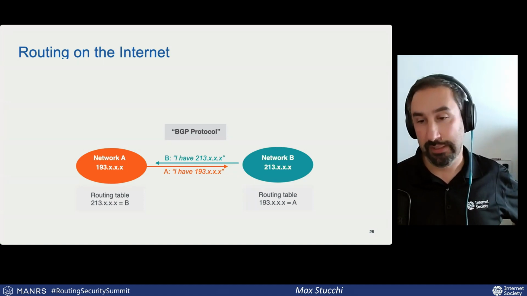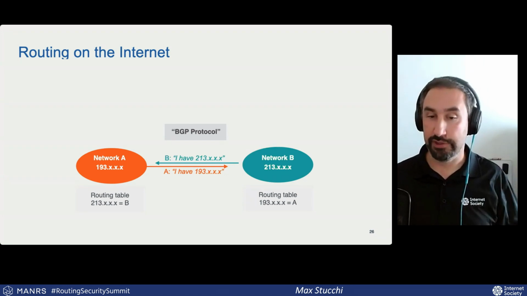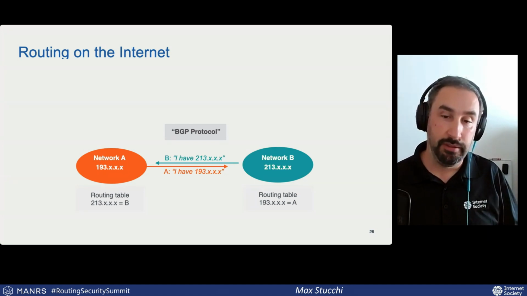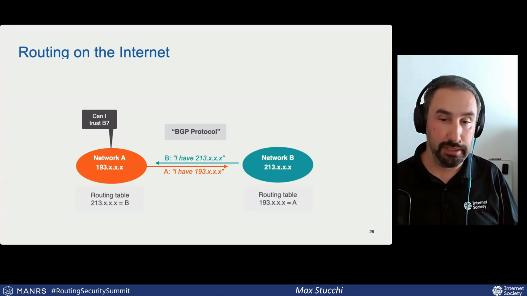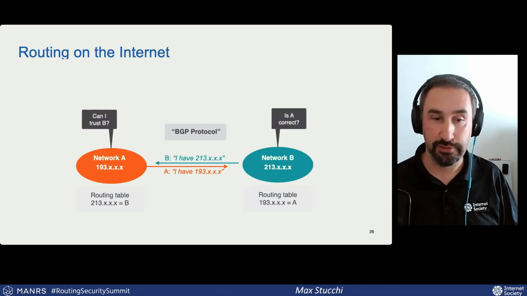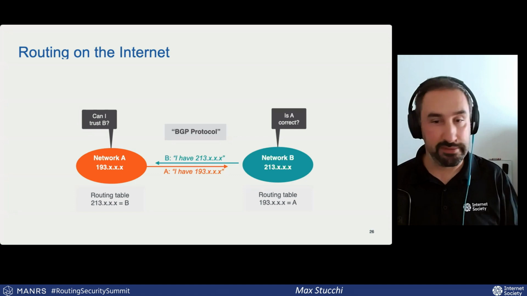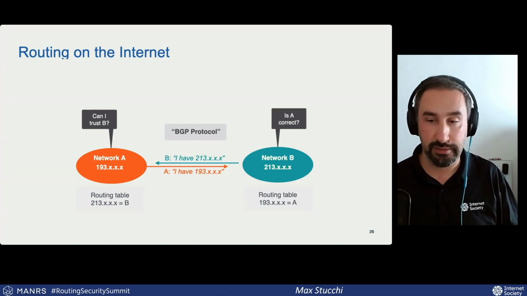So the two networks have exchanged reachability information, but BGP was built with no idea of security in mind and no idea of trust. So both A and B are going to ask themselves if the data is correct,